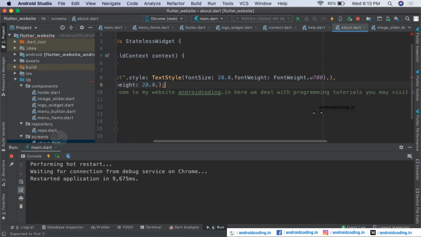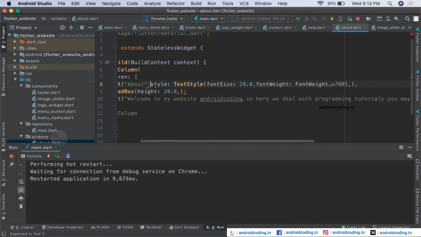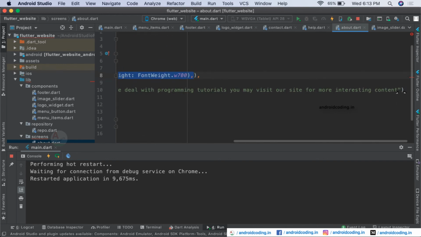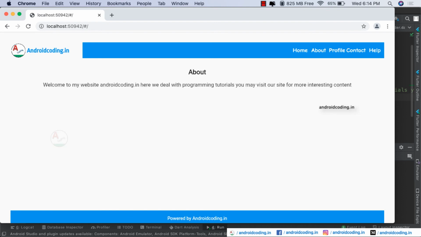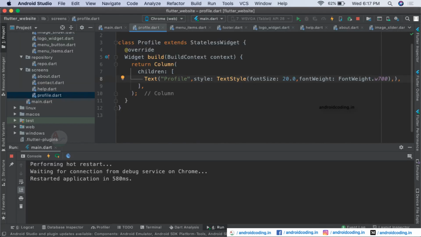Here I just want to provide the same styling which I have provided for about, and reduce the font size to 16 and this particular one to W300, and run the code. Here you can see we just got the about section. In the same way you can add the data for the remaining screens like profile, help and contact.